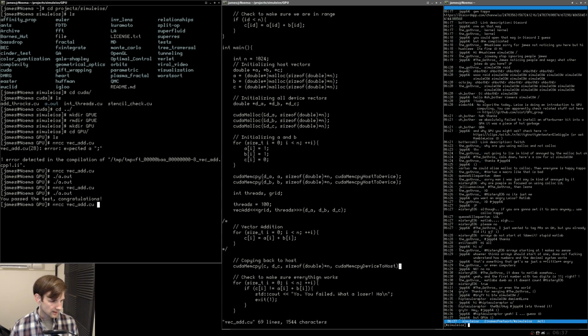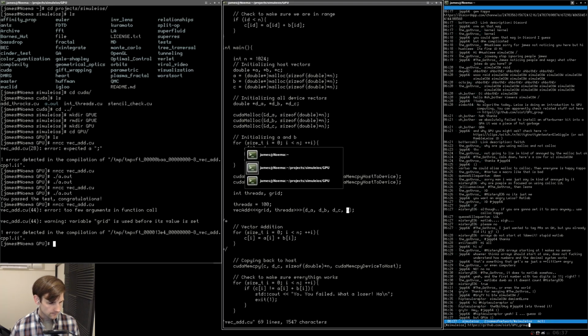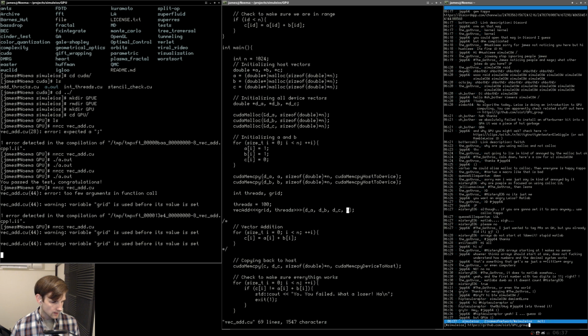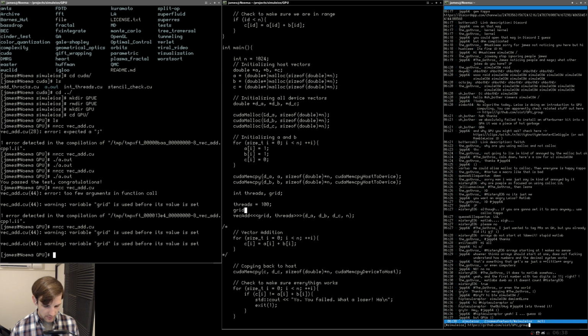Pop over here and just run the nvcc. There's probably going to be a few errors, too few arguments in function call. That's because I forgot to read in n. Grid is used before the value is set. That's because I didn't actually set the grid value. One second. So the grid is going to be like the number of blocks that we have here. So grid is going to be equal to, like we said before, int of the ceiling of the computation here. So it's going to be n over,